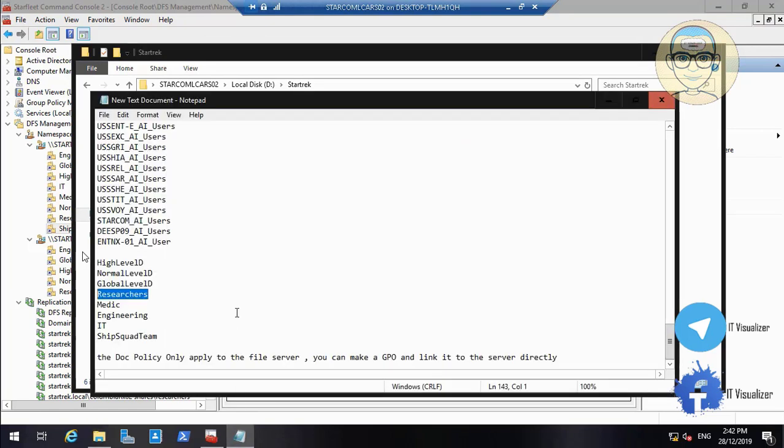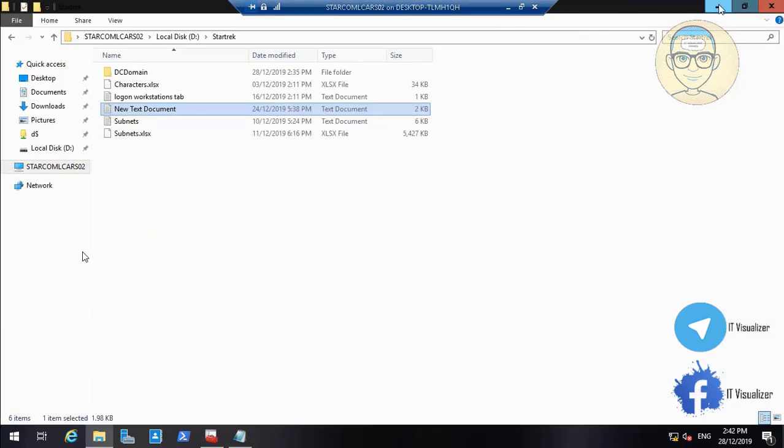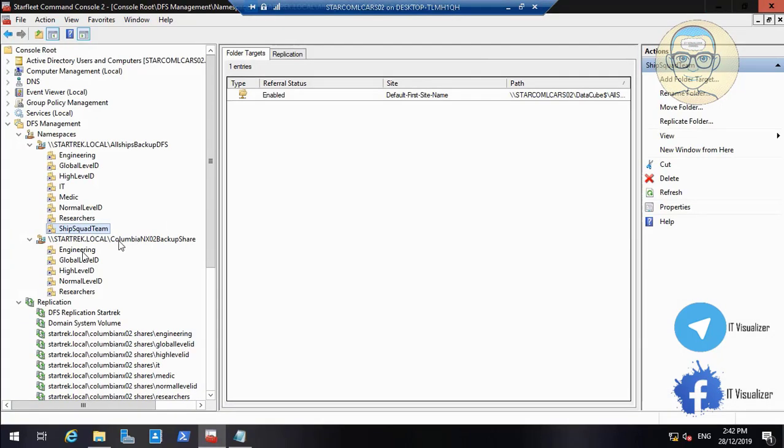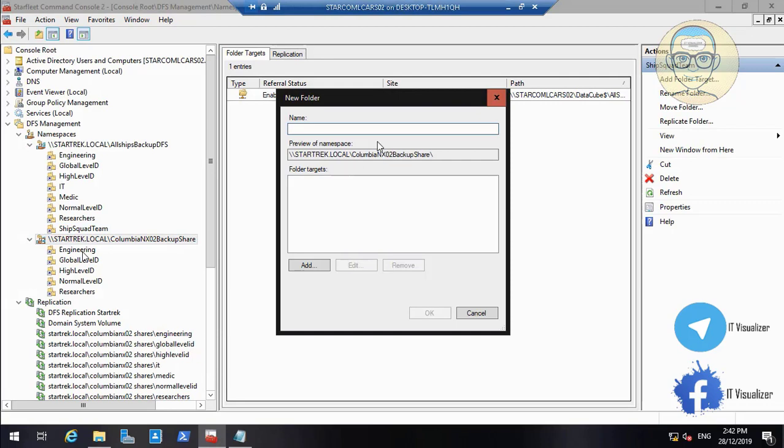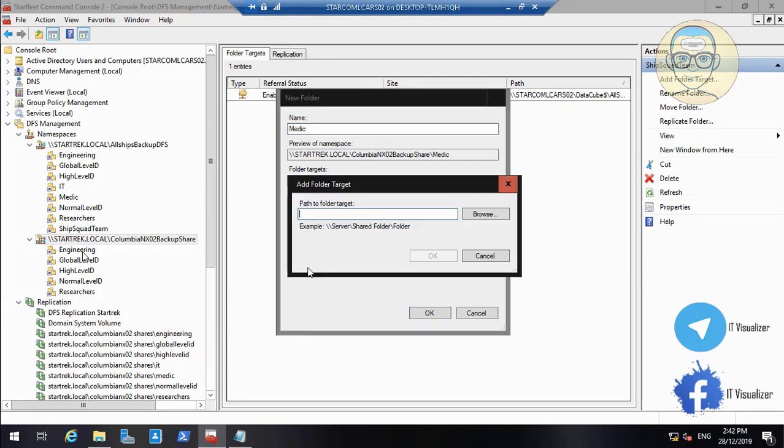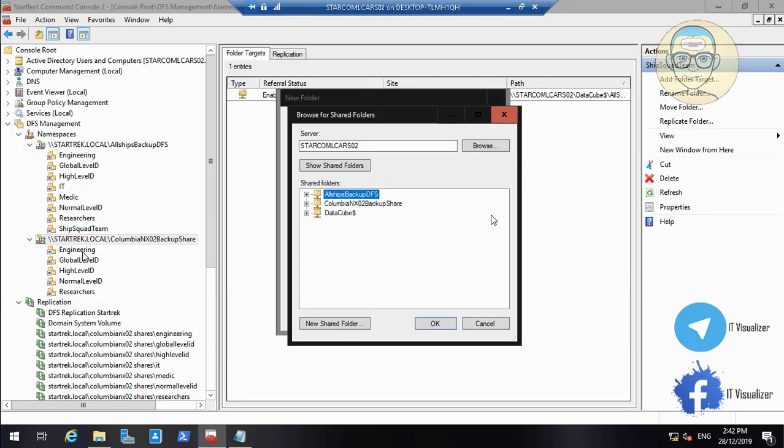And then we will add the medic folder. Okay, we add the medic folder, and then we will add it, and then add, and then browse, and then we'll add DataCube, and then